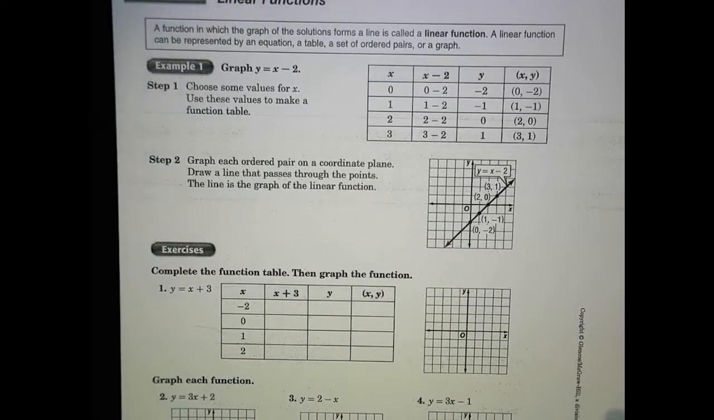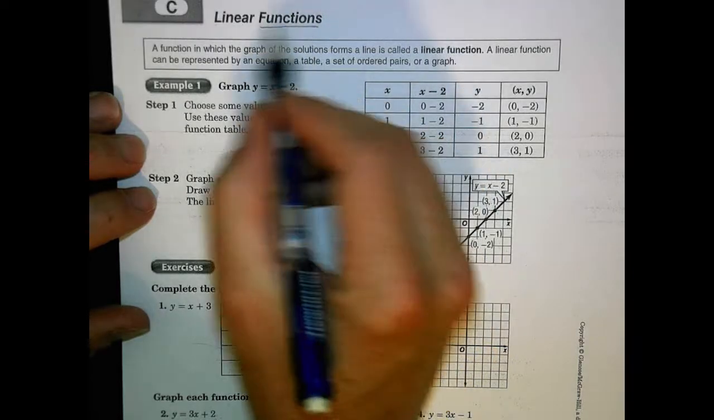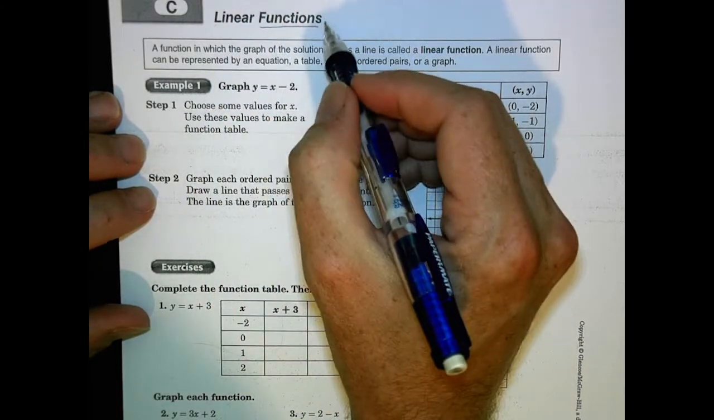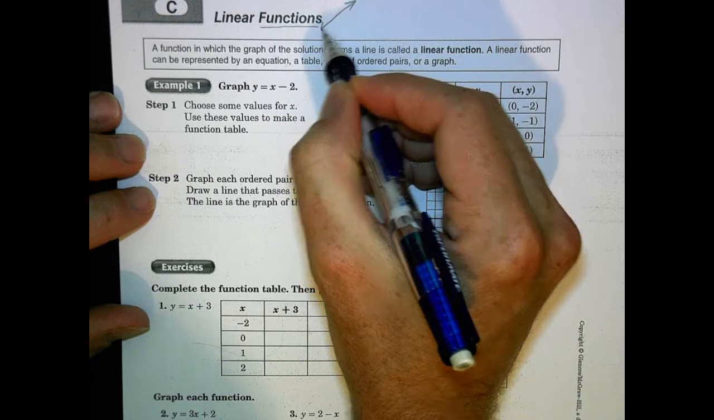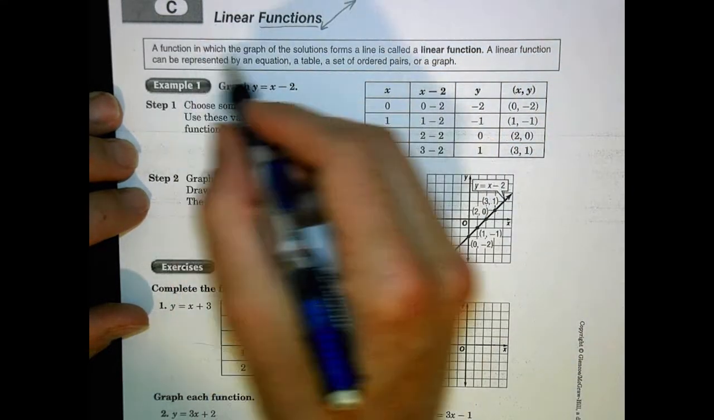Hi there. Today we're going to be looking at linear functions. So last lesson was just on functions by themselves. So now we're looking at linear ones, which means these are all going to form some sort of line. And the real difference between today's lesson and the last lesson is that today, when we look at a linear